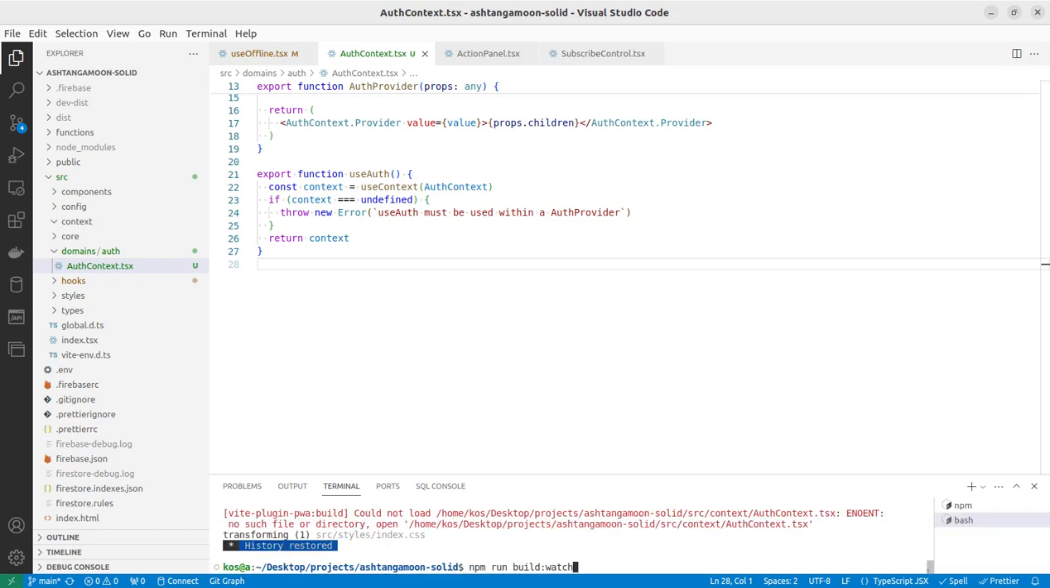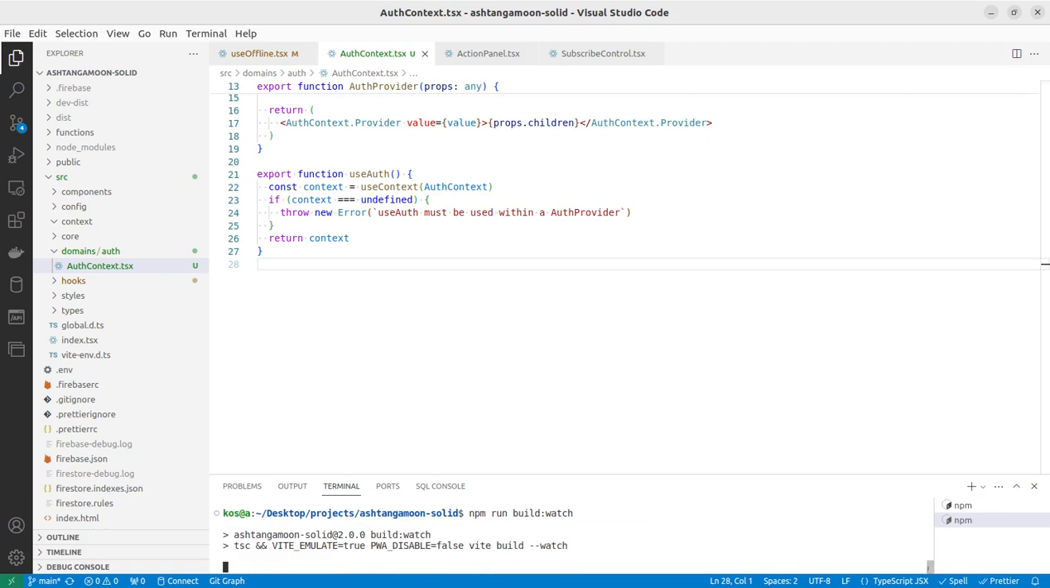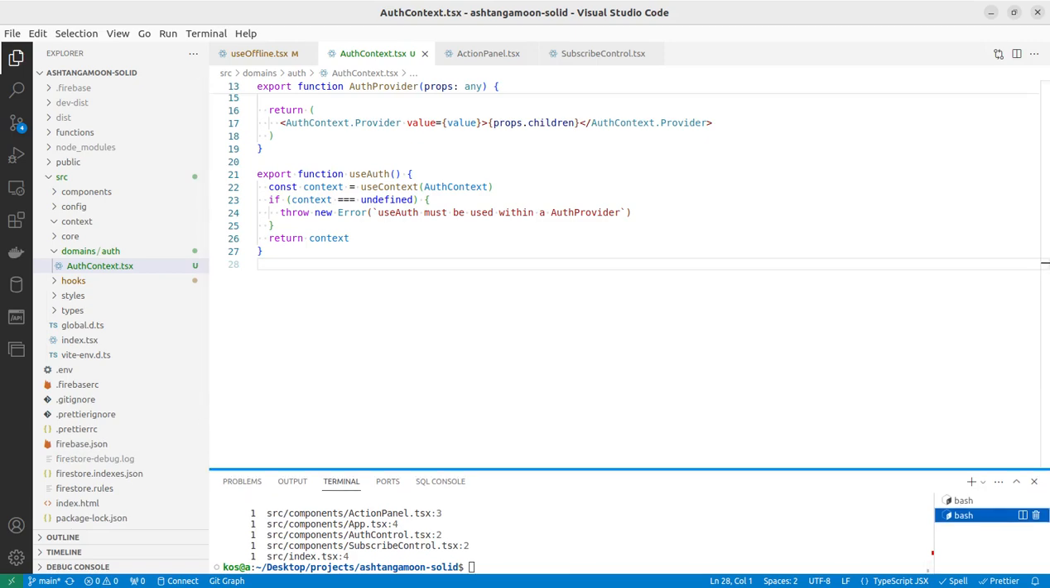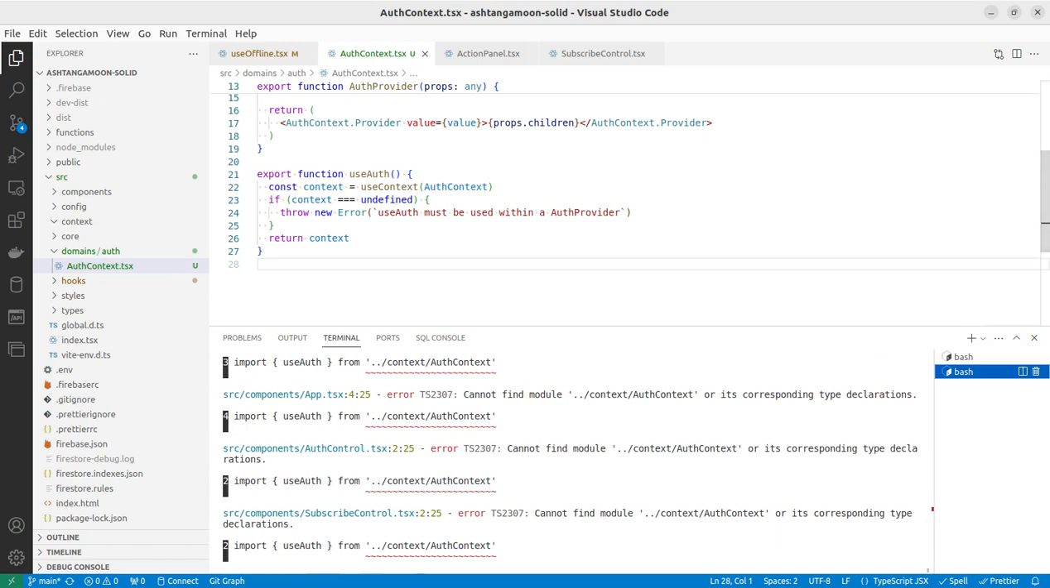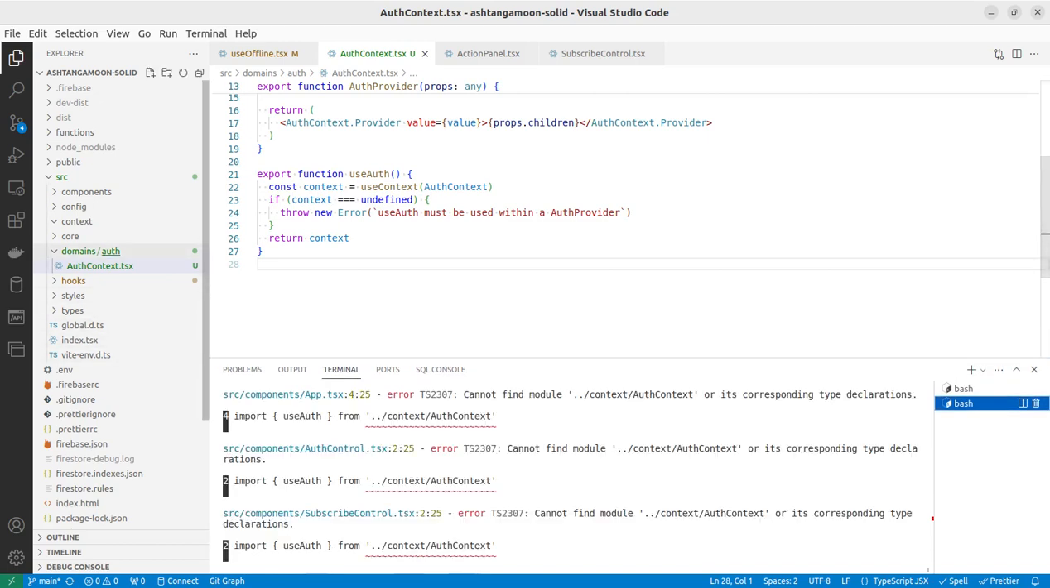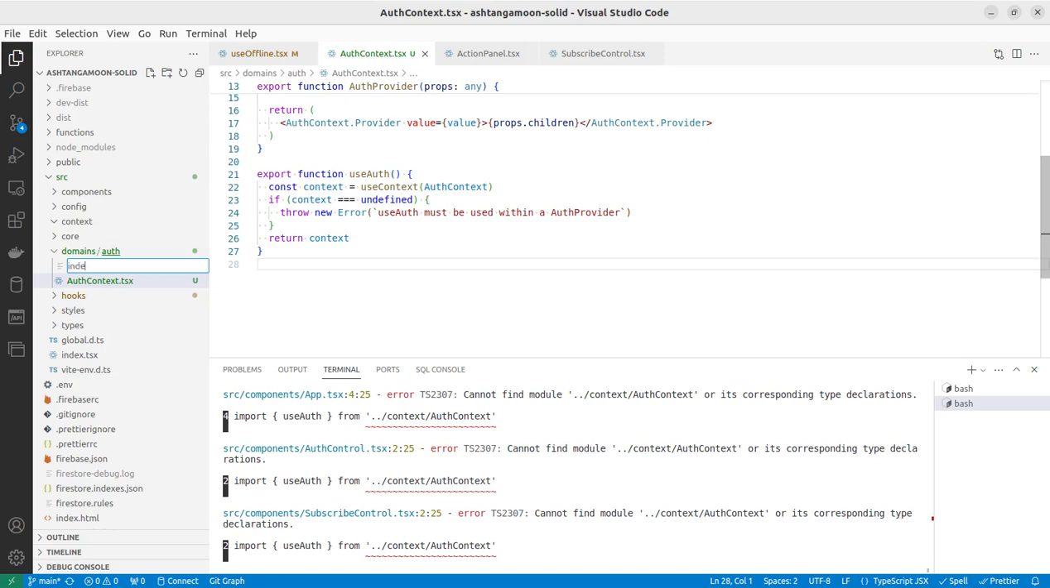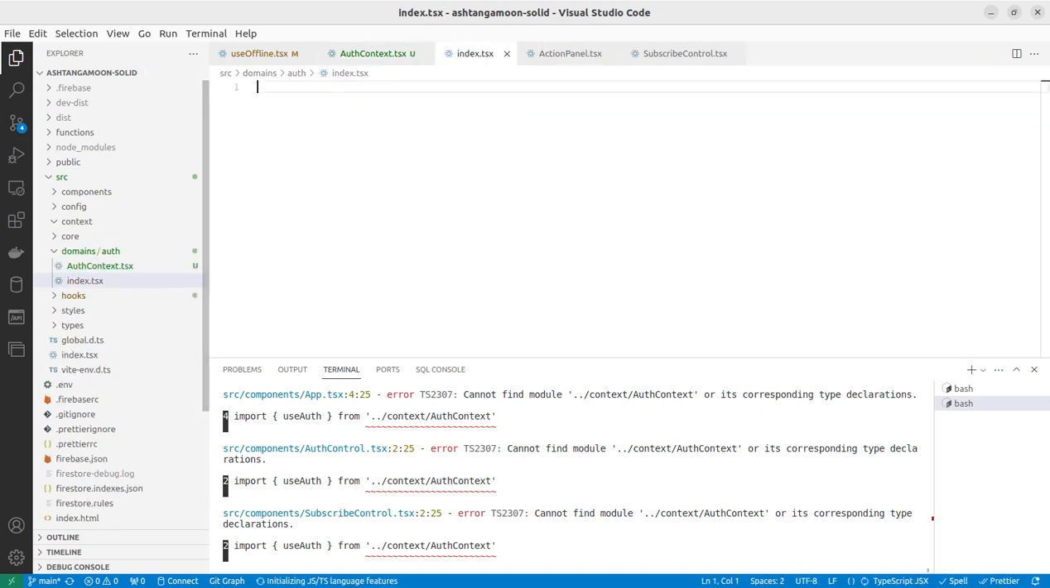And I need to build the application again. Hopefully this time it won't leak the memory or whatever. We have some issues here. Let's ignore it for now. Let's create index.tsx in the folder. Okay, and this index will have